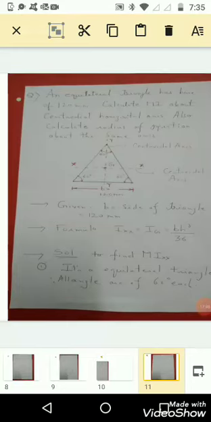Now if we take half of the triangle, then the base b by 2 becomes 60. The height h, base 60 mm, and one side of the triangle is the hypotenuse. So what we get, sine